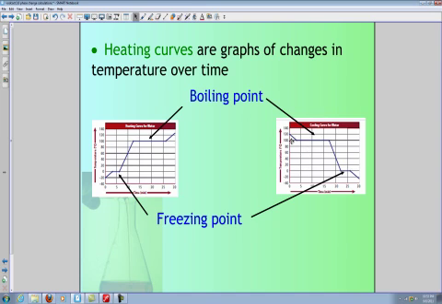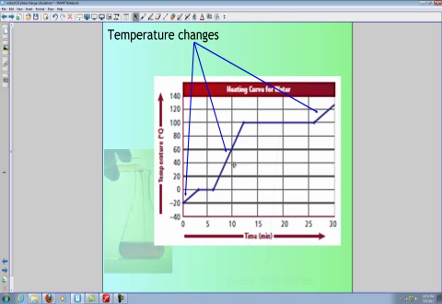Same basic principles though. Sloped parts are the temperature changes. Flat parts are boiling and freezing point. We'll do a little worksheet activity to get you a little bit more familiar with that. To look at this a little bit more clearly, the temperature changes, those are the sloped parts. And then the other parts that we're going to look for, we'll just draw some quick arrows here. The flat parts, those are the phase boundaries. So that's melting, freezing, boiling, condensation. Remember,